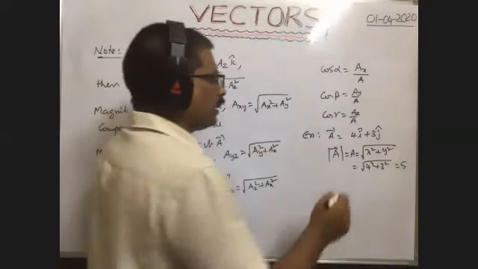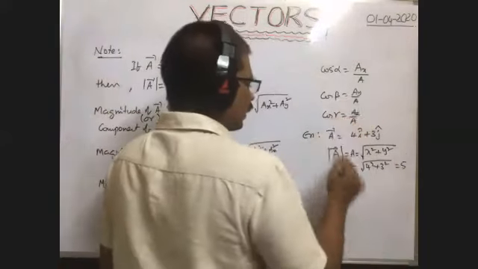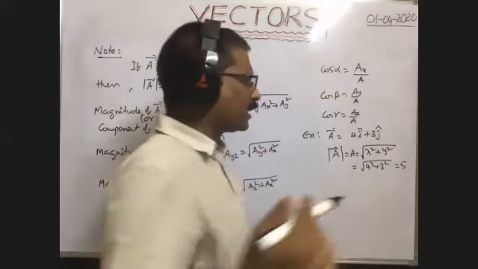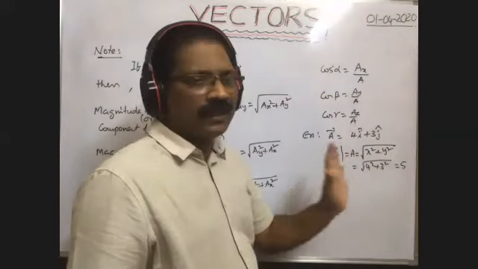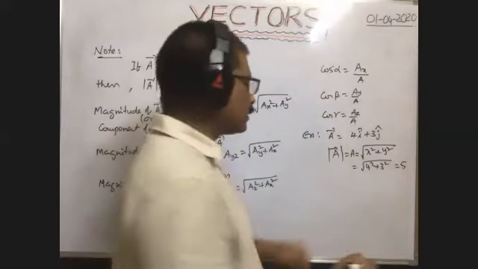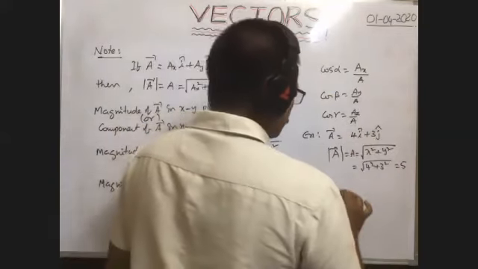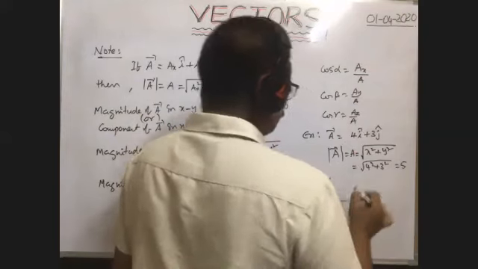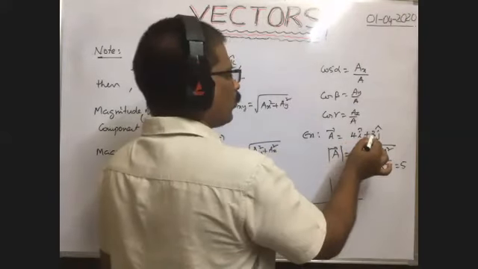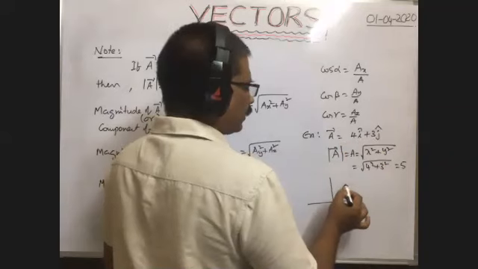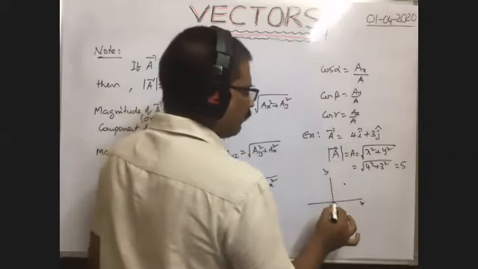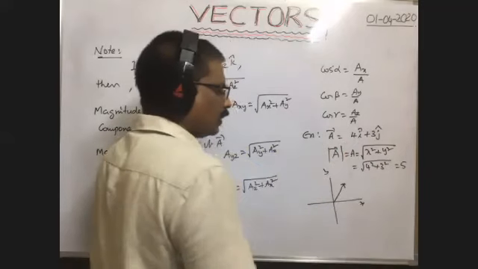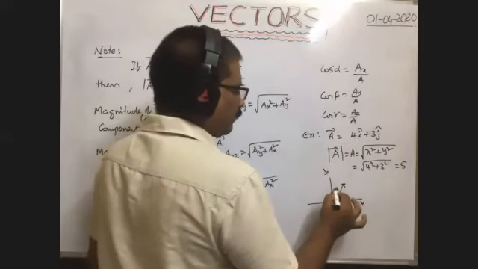Okay. Here, first of all, in which quadrant does this vector lie? Of course, directly we can write cos alpha is equal to x component by magnitude of that vector. In other words, in which quadrant does this vector lie? In the xy plane, the x component is positive and the y component is positive, which means the point definitely lies in the first quadrant. That's why the given vector a bar lies in the first quadrant.